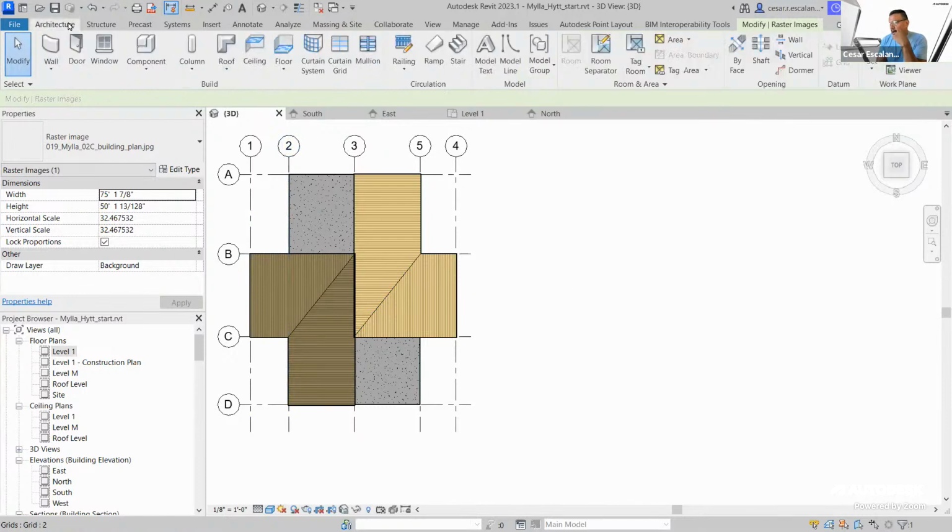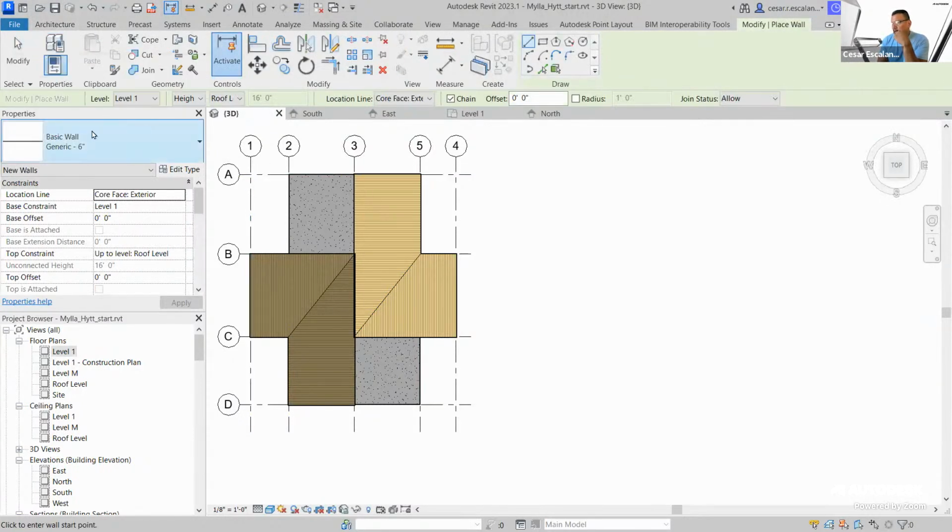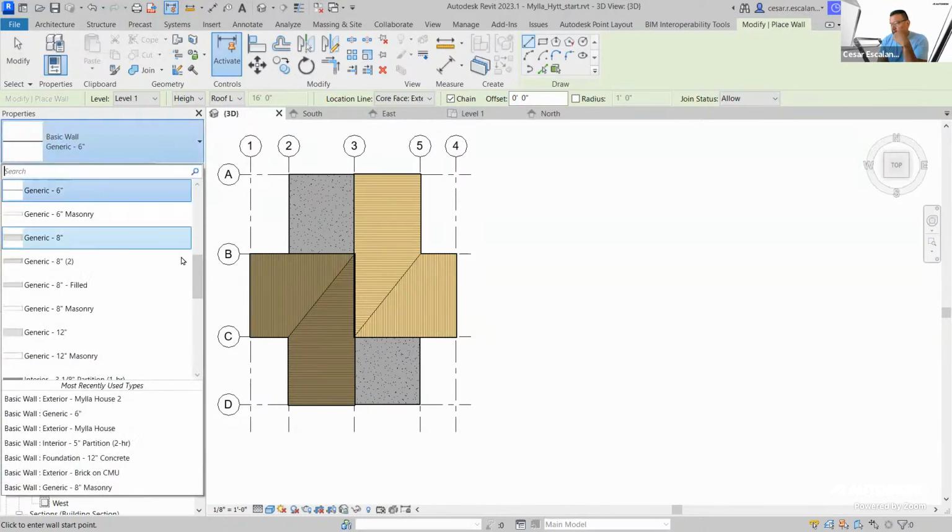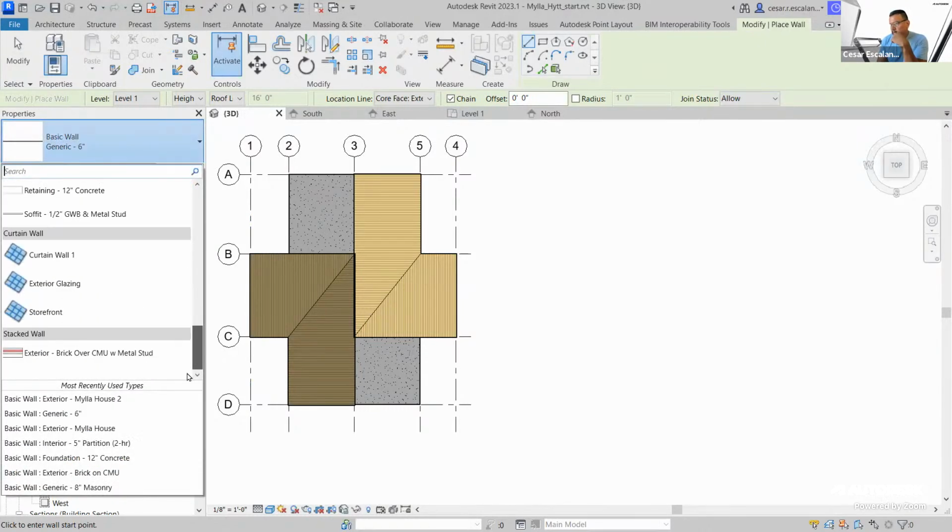You go into the Architecture tab, hit the Wall tool, and in the type selector drop-down, scroll all the way to the bottom, and then you see those three types of curtain walls: storefront, glazing, and curtain wall 1. Storefront is the one I was telling you is the easiest method,